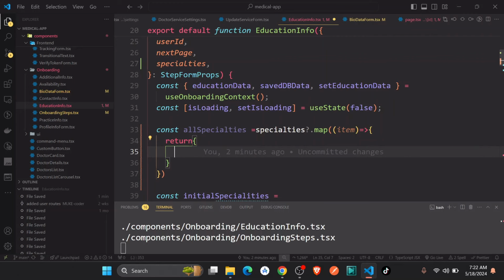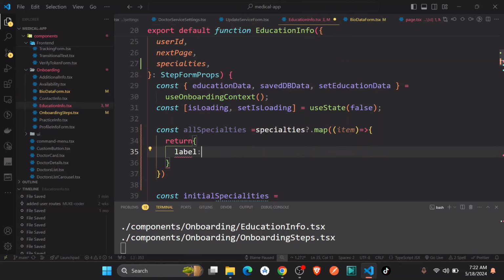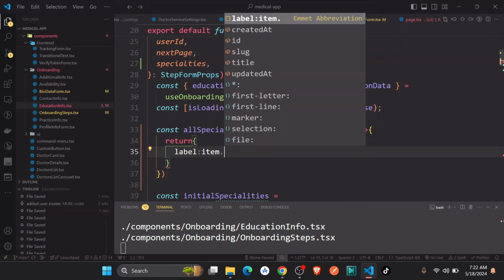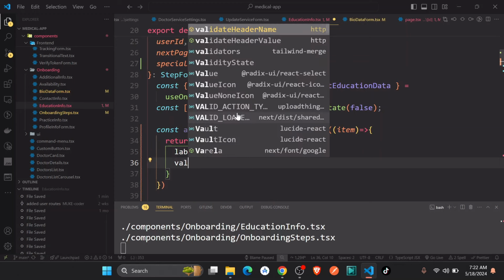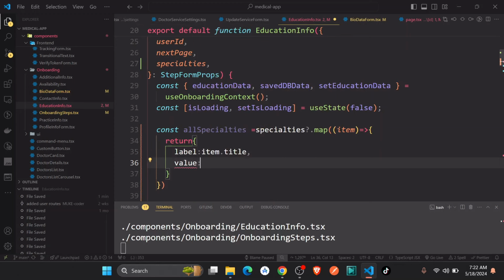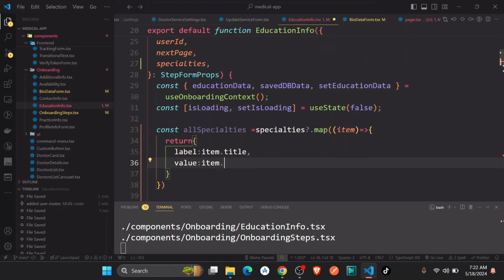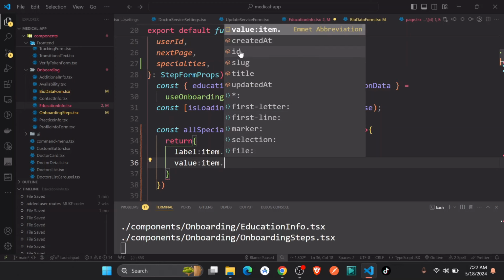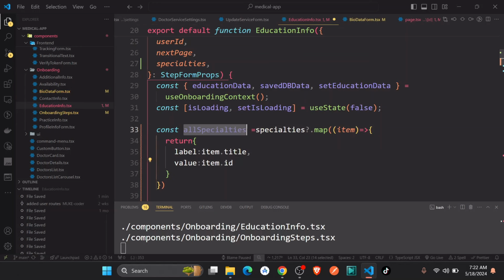We have to return a label and a value. So label is going to be item dot title, and then value is going to be item dot id, like so. So now we have to use these all specialties,